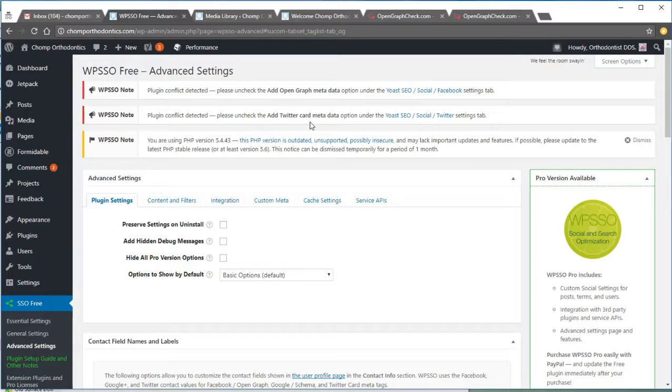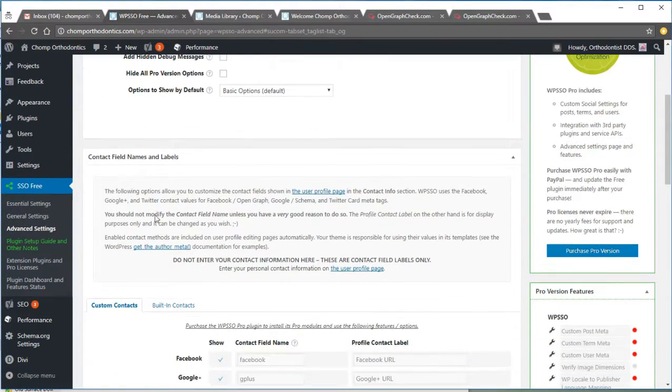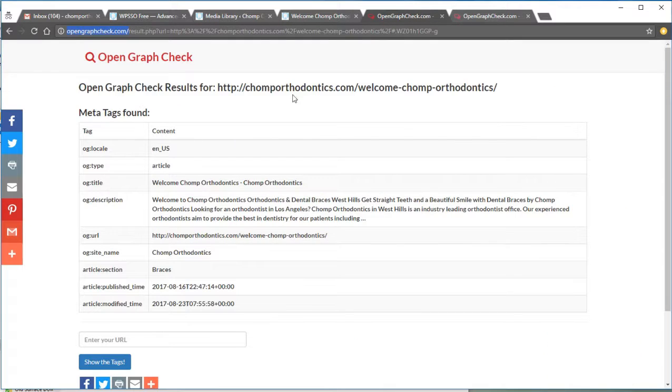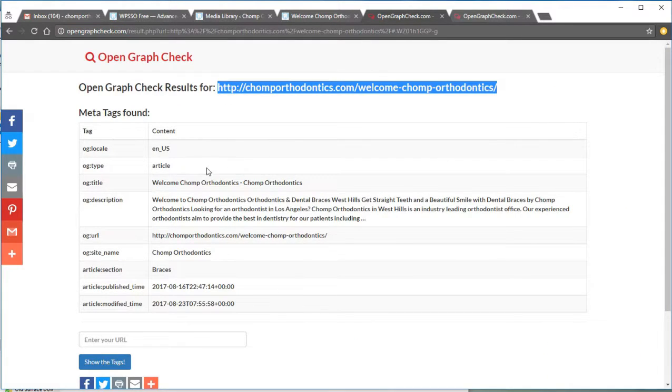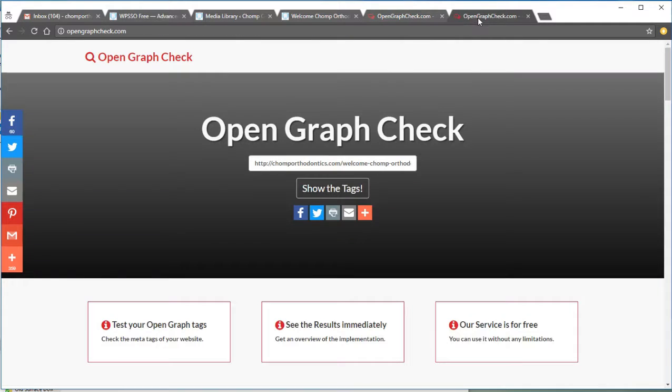Now that we've got this turned on, I'm going to show you the difference. This is what Yoast outputs. It's got the basic information: when it was posted, the description, OG title. Now I'm going to show you, now that I've enabled that plugin,